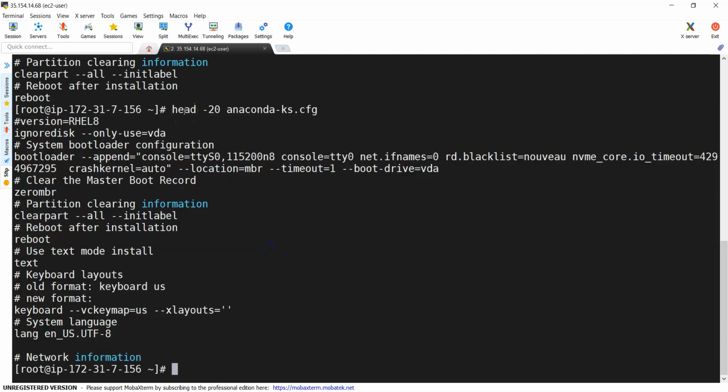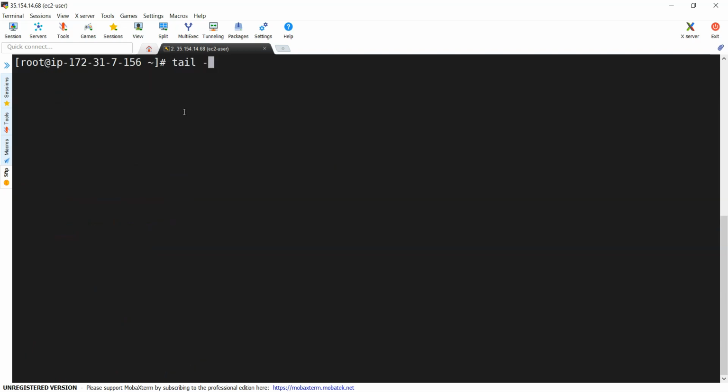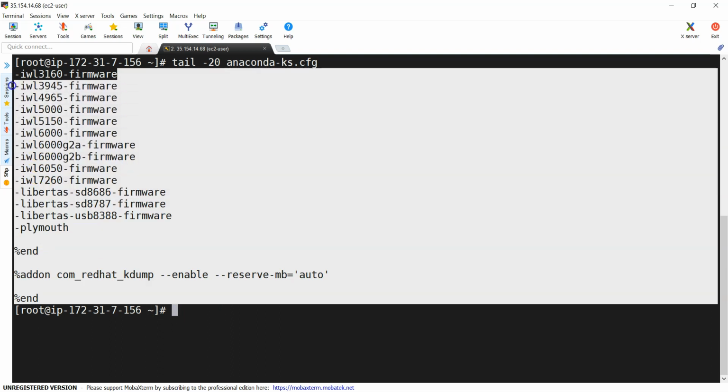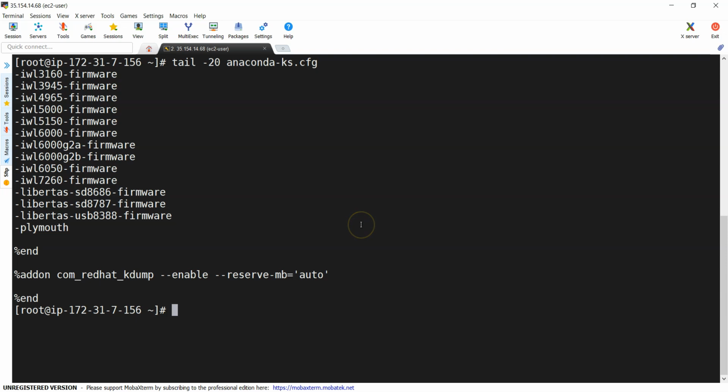Similarly, you can give tail minus 20. Let me clear the screen. tail minus 20 file name. You can see the last 20 lines of your file. This is how we can use the head or tail commands.